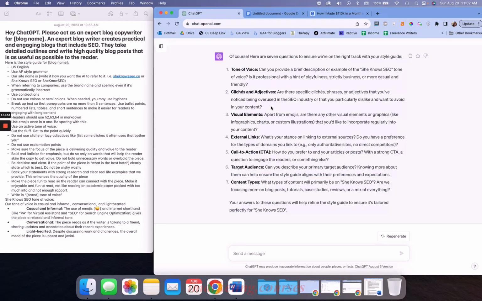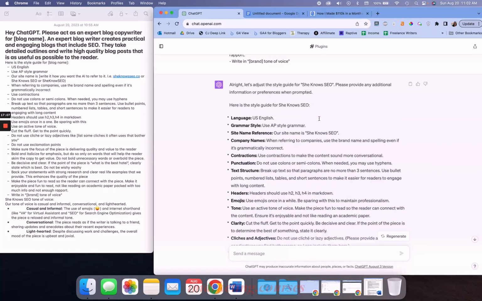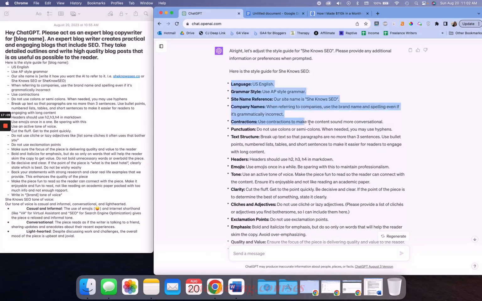Now, for a pet site, I have never referred to my dog as my furry friend in my entire life. I think that is such a weird term, or fur buddy, fur pal. I just don't refer to his fur. It's weird. So I'm going to tell it that those are the ones not to use. And the more you can customize this to your site and make sure it understands you, the better. So once I answer these, it's then going to rewrite this for me, and then we'll have a style guide ready to go. Now, I don't actually want any of that stuff, so we're just going to come here